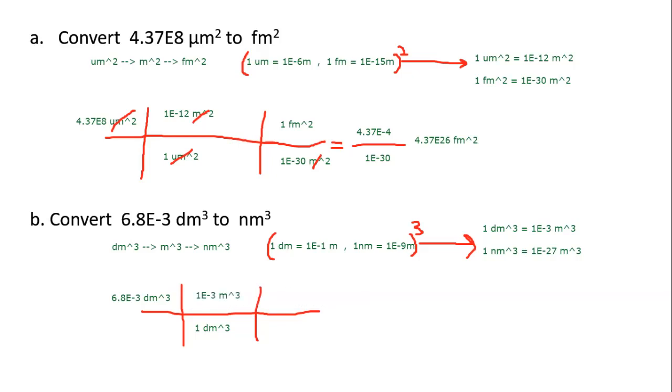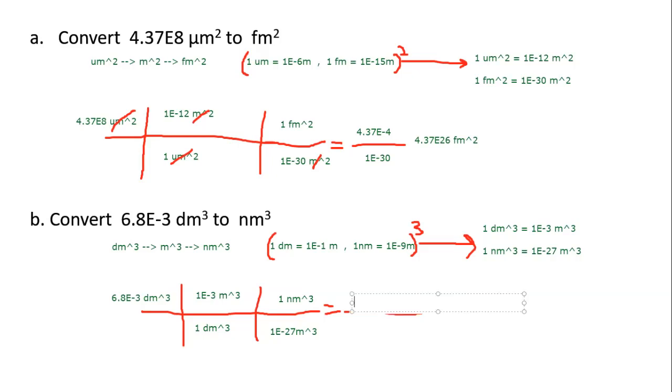And then when we're going from meters cubed to nanometers cubed, meter cubed goes on the bottom and nanometer cubed goes on top. So now when we multiply, we add exponents. So 10 to the negative 3 times 10 to the negative 3